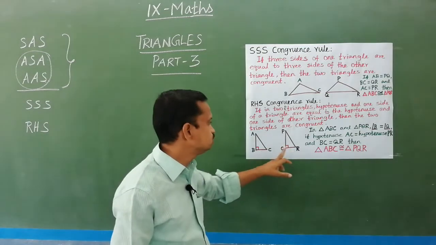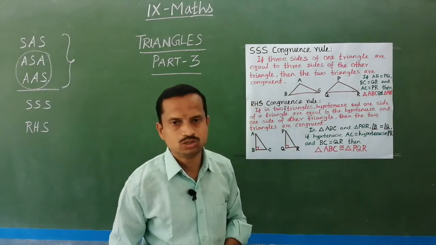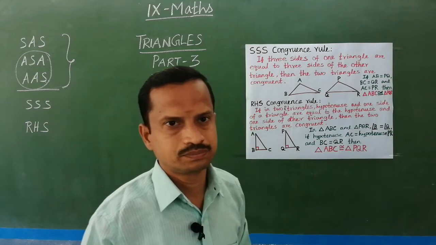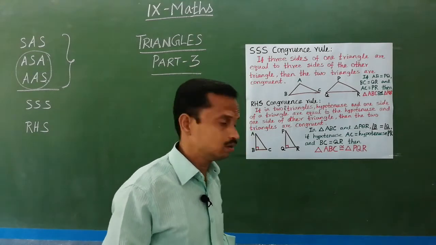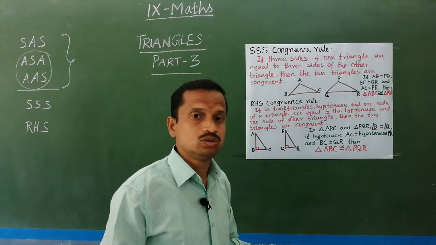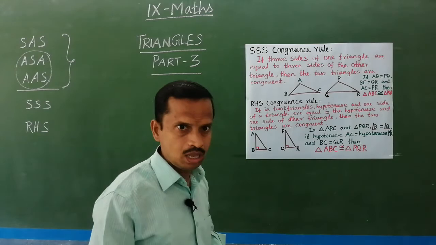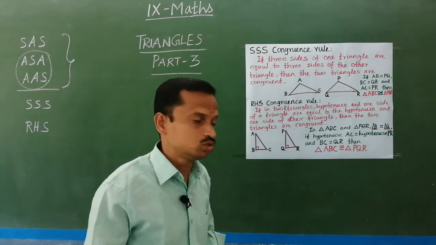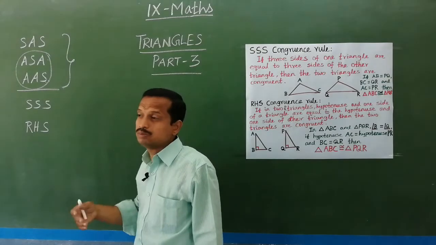So if BC is equal to QR, then triangle ABC is congruent to triangle PQR. Is it clear, children? So like that you have to remember that rule. So in 7.3 we are going to apply these two rules and also the previous congruence rules also, all these. Clear? These three also for the proof sum.